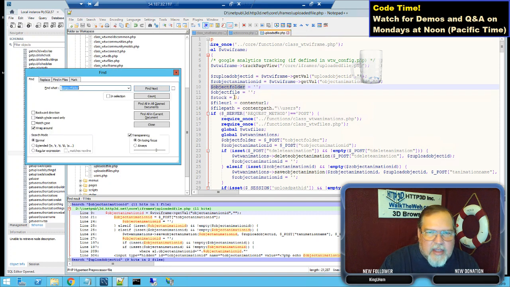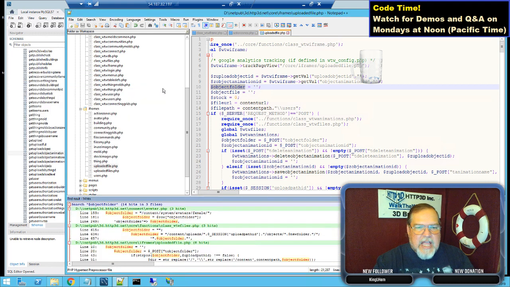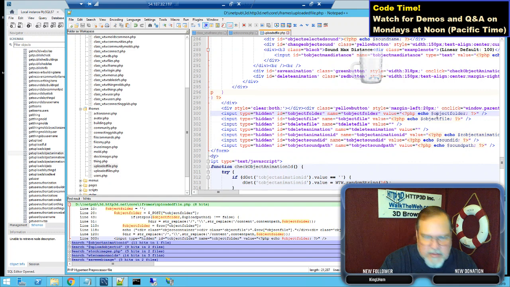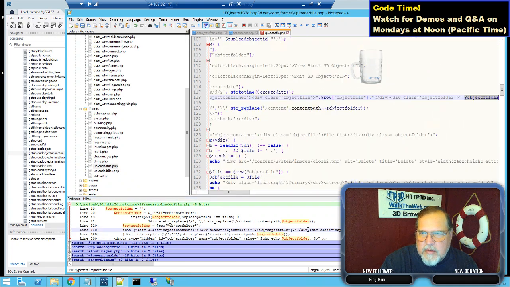Okay, copy and find that one, find in files. This one probably has more references. That's what I thought. Okay, so let's see, first of all, this file. So I want to go in here, change it to Z object folder. So it's a local variable. Change it there, change it there,